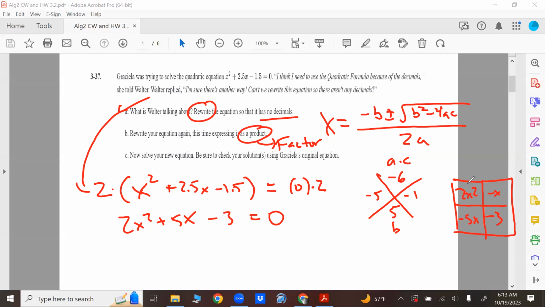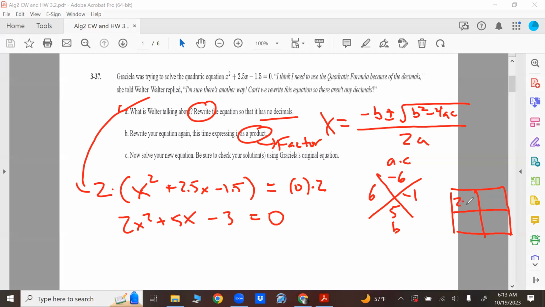And I just messed up. I'm not going to redo this video, okay? I just messed up. Okay, you got to multiply to negative 6 and add up to positive 5. Hopefully, you're wondering what the heck am I doing wrong? Again, 6:13 in the morning here. So anyway, my